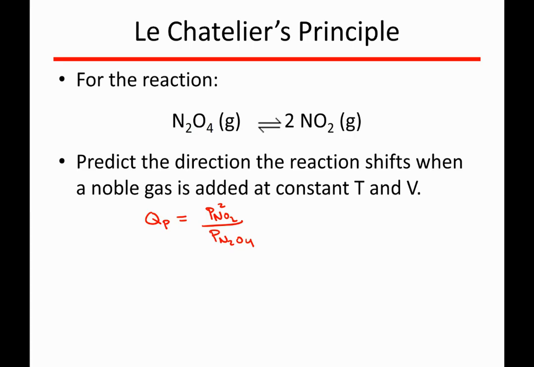Now, because temperature is constant, that should help keep the pressure constant. Because volume is also constant, that should also help to keep the pressure constant here. So adding a noble gas is going to have absolutely no effect on the amount of NO2 or N2O4 that is present. Noble gases, things like helium, neon, argon, are unreactive gases,